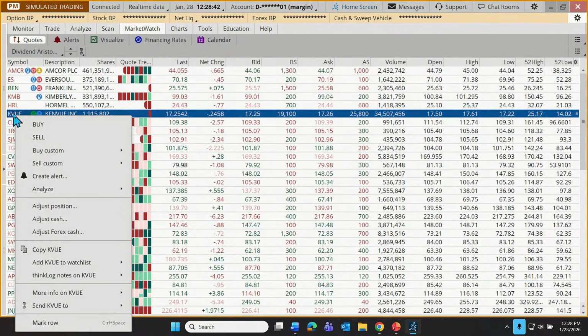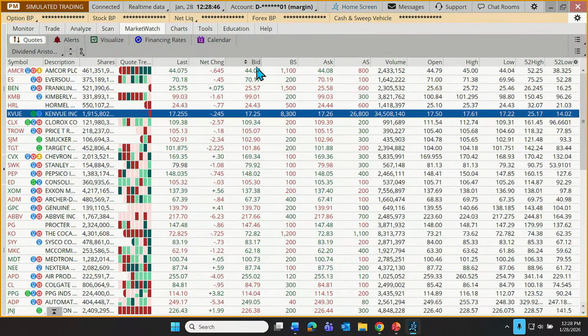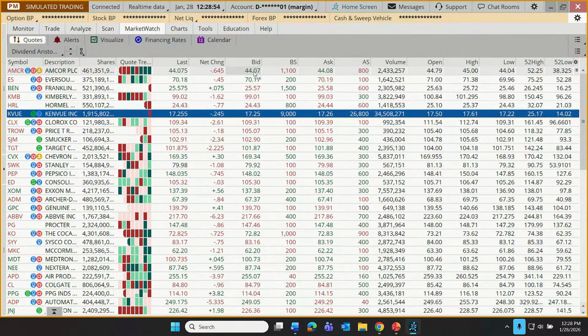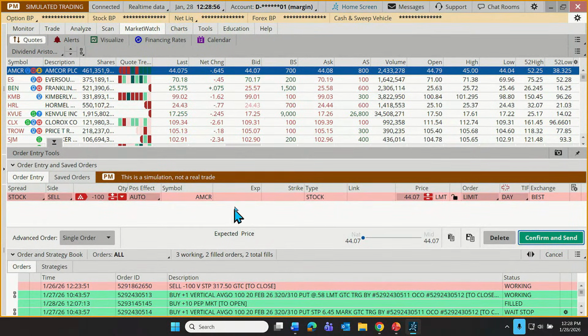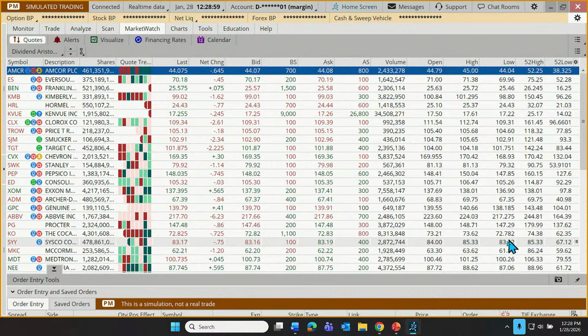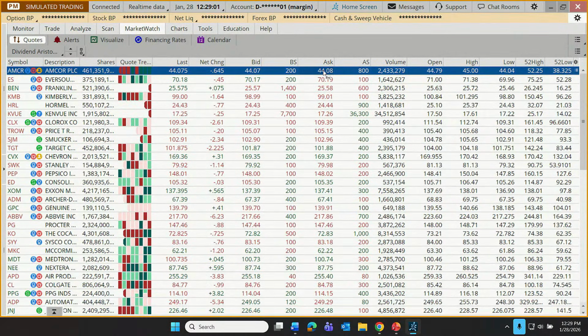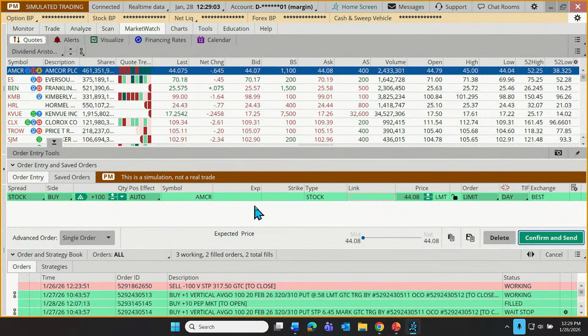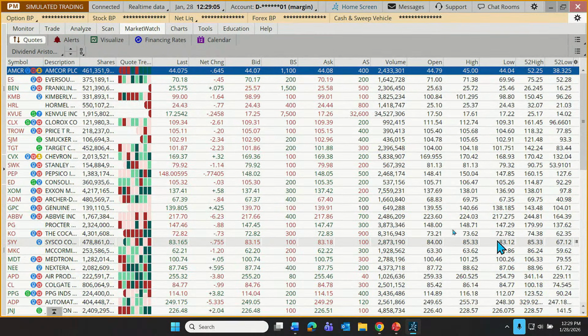So we can right click on a symbol. Let's say we want to place a sell order, which one should we pick? Who knows? How about just Amcor right at the top? Just click on the bid price, it creates a sell order. If we click on the ask price, it creates a buy order, just like on the Trade tab.